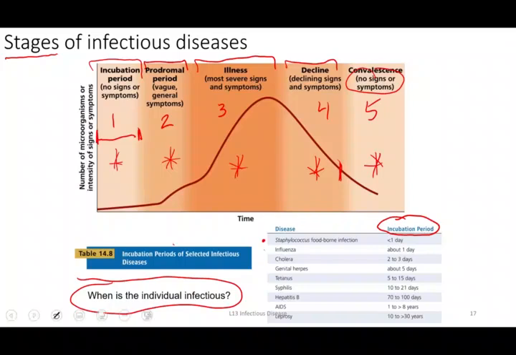Then we can get onto a viral disease like influenza that has about a day incubation and so on. And so even some of these have considerably long incubation periods. So we talked about the syndrome of AIDS can have an incubation period of 1 to greater than 8 years. And one that's really long, leprosy, can incubate for 10 to even greater than 30 years. So this is not something that you necessarily need to memorize. I'm not asking you to know the incubation period for all these different diseases, but just realize it's just to